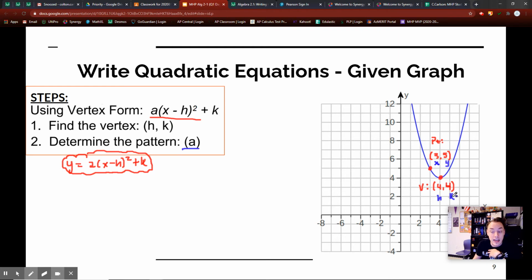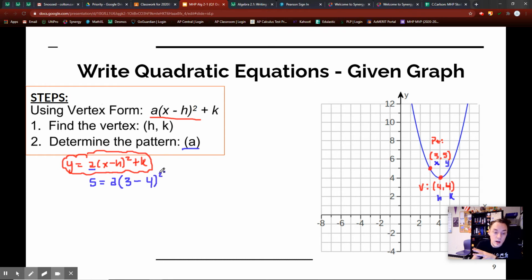I also plug in h and k, and then I can find this a value. So I can find what that pattern is, the only unknown. So what is my y? My y is 5. Notice how I labeled that there? So it's going to be 5 equals a, I don't know what a is. What's my x? I also labeled that as 3. So I'm going to put that as 3 minus my h. My h is 4